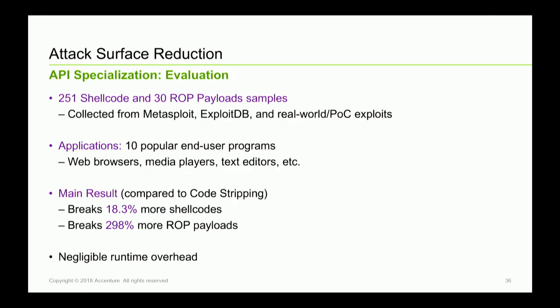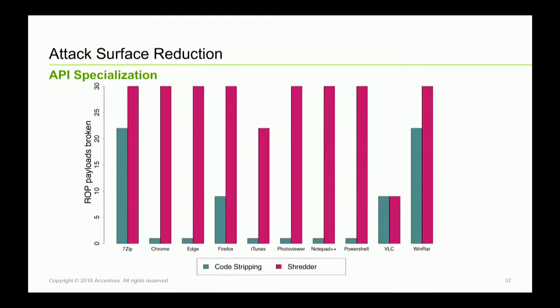It can actually work. And the main results, as I told you: it improves slightly for shellcodes, but shellcodes will use functions that are not used by the application, right? So the improvement is minimal here. However, ROP chains will use only one or two critical functions, but they will use them very differently. And it has a very negligible overhead. And this is just a graph of these results. We used Chrome, Edge, Firefox, and a bunch of other applications. So this is actually working on real applications that you may download today.